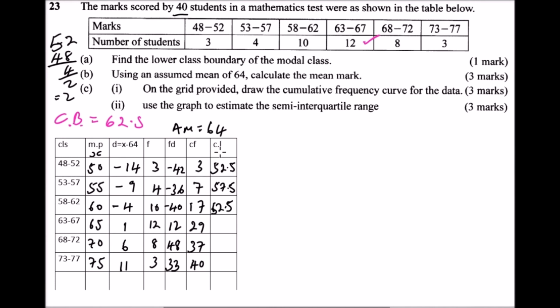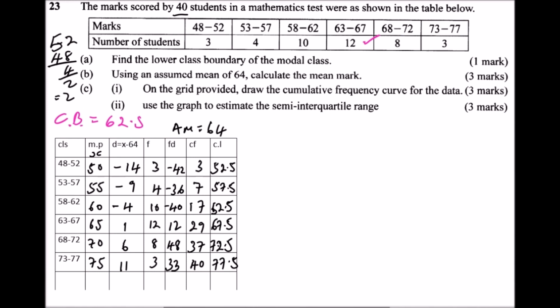This is 67.5. Then we have 72.5, and finally we have 77.5. So with these values, we should be able to do Roman number 2 of